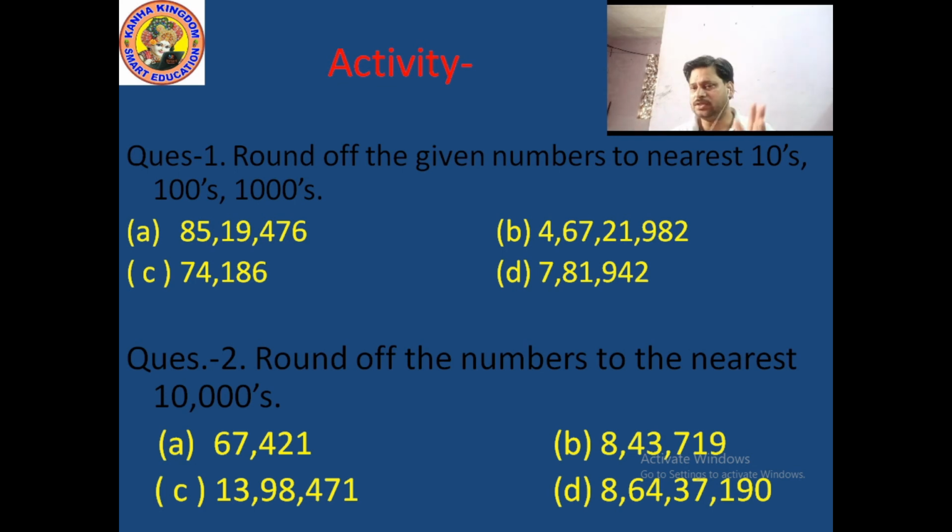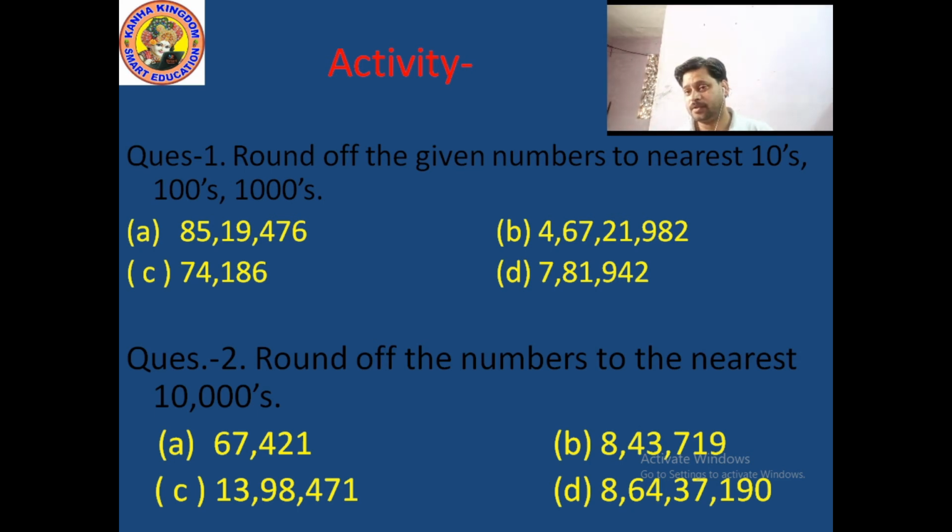Whatever the digit in the 10,000 place, it does not matter, you just add one more digit in the 10,000 place. And after that, if any digit is there, you just write the same digit, nothing is changeable. Like this you have to solve nearest 10,000. Okay. Now the second part is